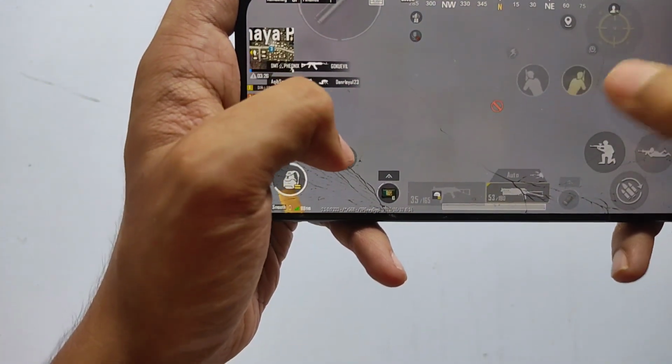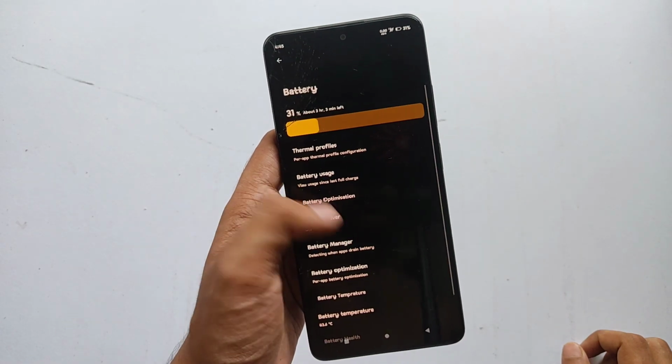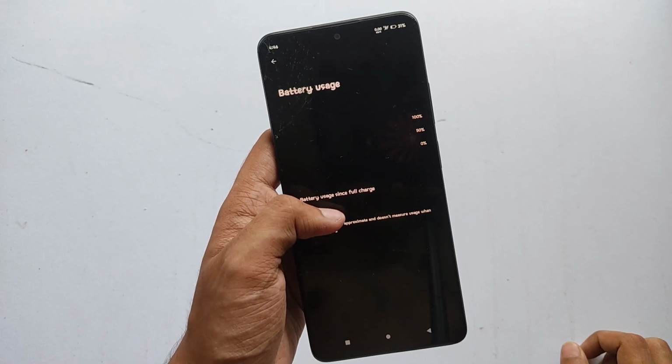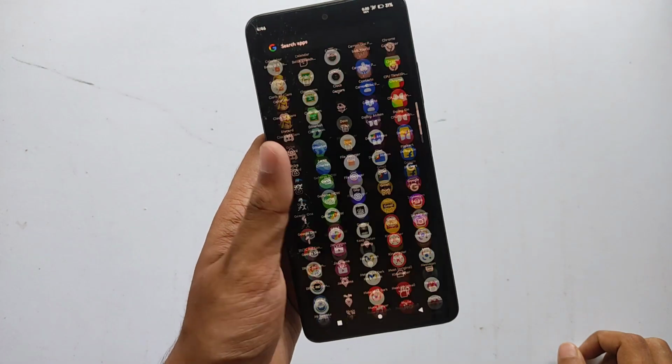Now let me talk about the battery backup of this ROM. So guys, time to know the battery. So talking about the battery backup, on heavy usage I got a battery backup of about 6 hours on constantly using the phone. You know, I'm a phone addict, and for normal usage like just scrolling reels and watching cringe YouTube shorts,